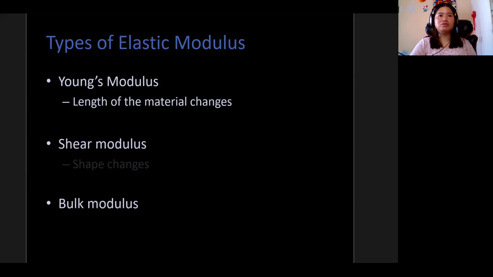The next modulus is the shear modulus, which basically covers any shape changes. Example, when you're slicing or when you're cutting, okay, that is covered by shear modulus. Another is, let's say, clay molding. Okay, so that is shear modulus. So each object that can change shape has its limited shear modulus.